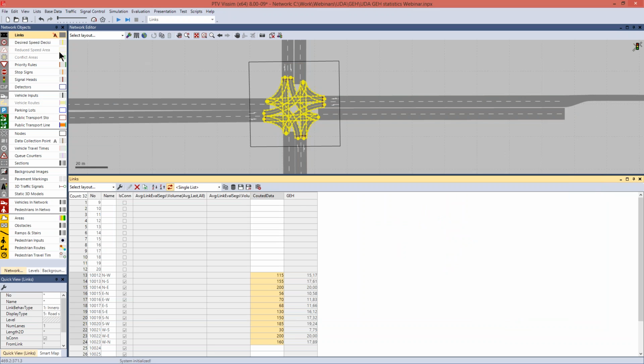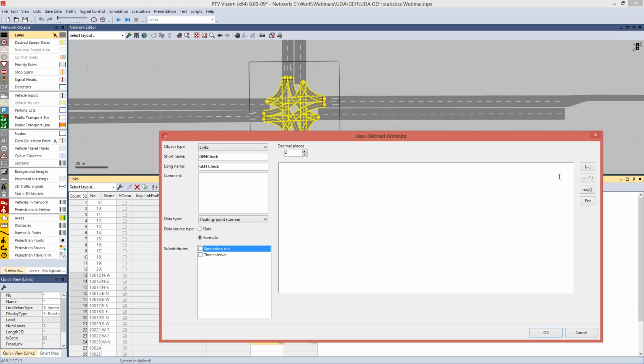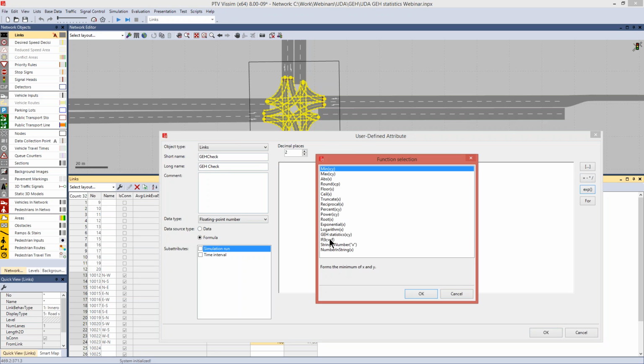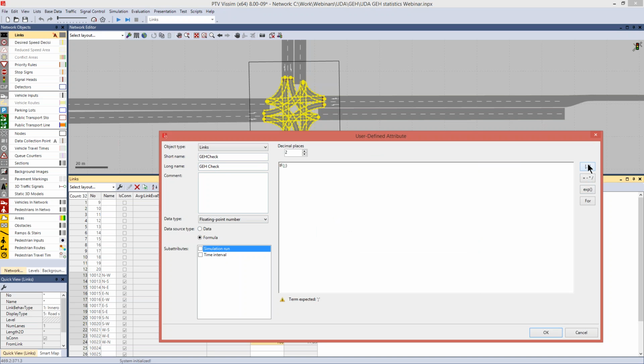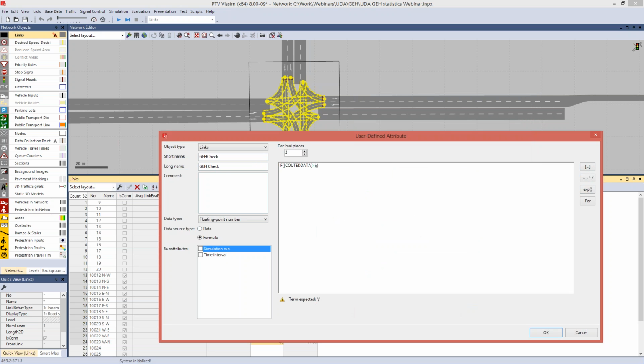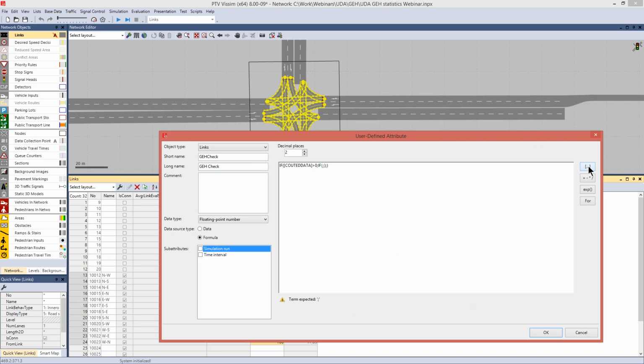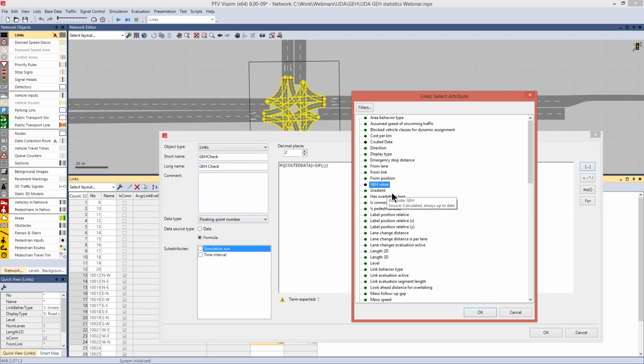Now I will create the last attribute, which will be GEH check. It will be formula again, and here I need to use the IF function. At first I will ask if counted data is higher than 0. If yes, then I will ask if the GEH value, so I will insert the attribute GEH value,